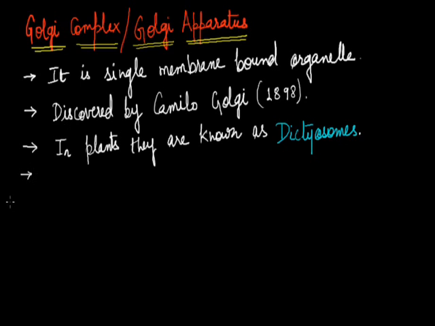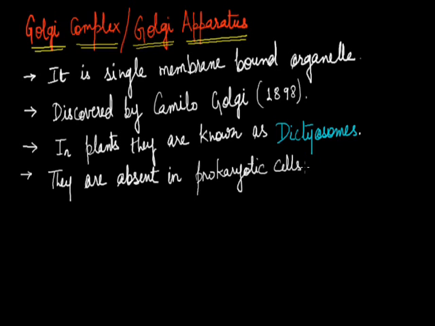Regarding their presence, as we all know, the Golgi apparatus or the Golgi complex is present in the eukaryotic cells but absent in the prokaryotic cells. Also, in case of the eukaryotic cells, there are some types of cells which lack the Golgi complex, and the examples are red blood cells and the sieve cells. So we can say they are absent in the prokaryotic cells as well as in some of the eukaryotic cells like the red blood cells, also known as RBCs or the